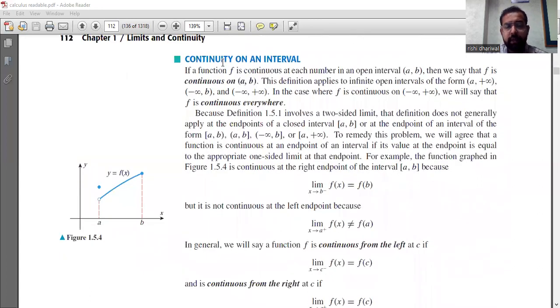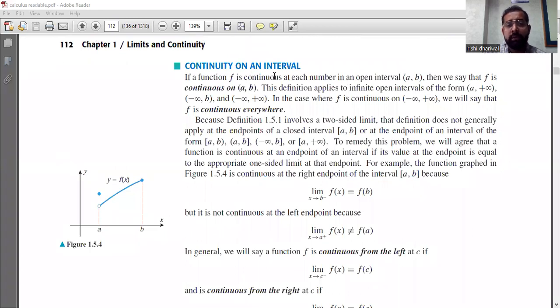Continuity on an interval. In the previous section, we discussed continuity at a point, and now we discuss continuity on an interval. If a function f is continuous at each number in an open interval, then we say that f is continuous. If f is continuous at each number of an open interval, that means every point of the open interval satisfies all the conditions of continuity, then we say that f is continuous